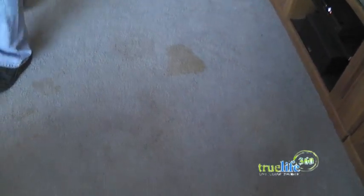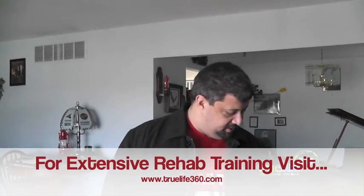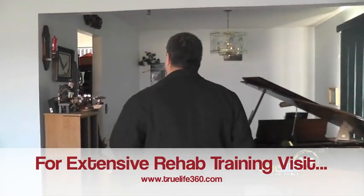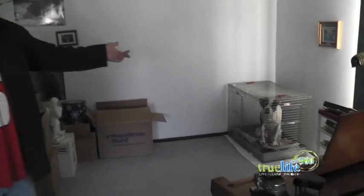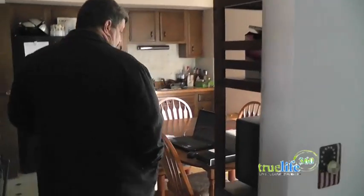This is not cleanable carpet, especially when we're talking to a bank, and so when we're looking at what it's going to cost to rehab, and when we look at what the offer is going to be, these are some things that we look at, some basic things: carpet, ceiling, paint, those type things. In here, typical small dining room area with a dog that kind of takes care of himself all over the house. In the kitchen, we're going to be able to claim, if you look over here, all of this tile